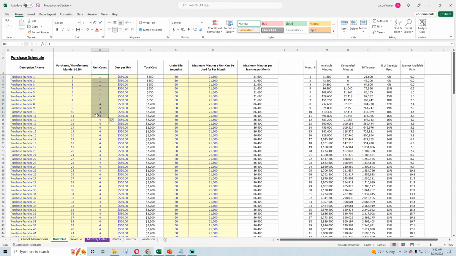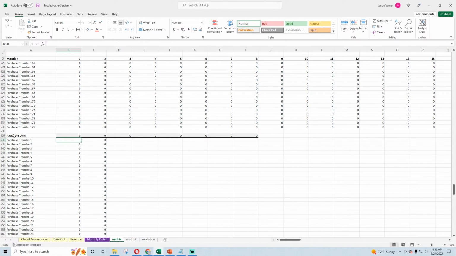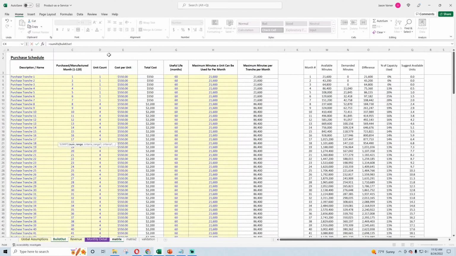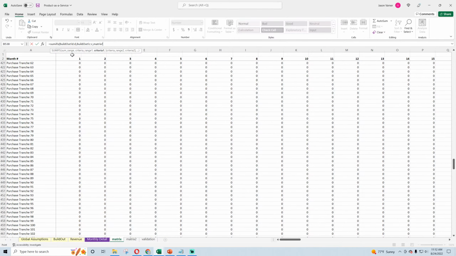So, active units. SUMIFS. I want to use a SUMIF here and get the total unit count if this purchase month or deployment month is equal to the year, which we didn't put in here. Let's put that in.